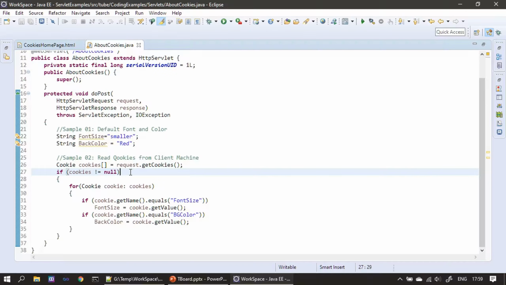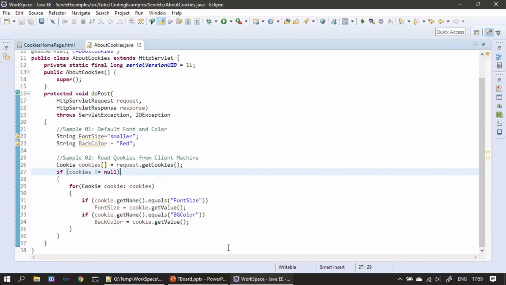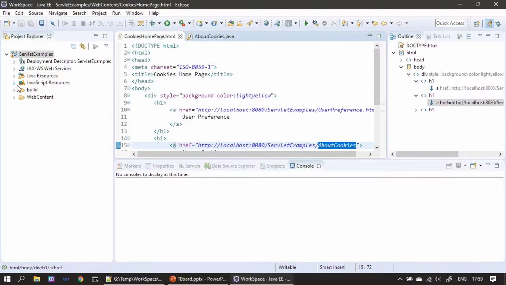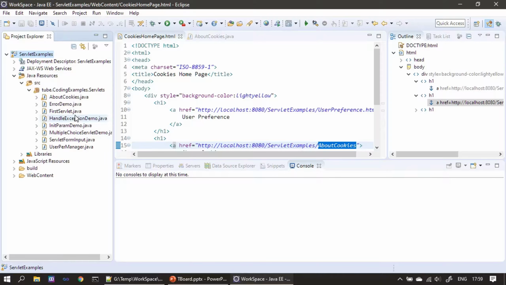So when cookies are not null, then we are making a for loop and we are reading the cookies. So we know that the loop will run for 2 times. So in each iteration we are checking whether we have the cookie named font size. So let's go to the user preference